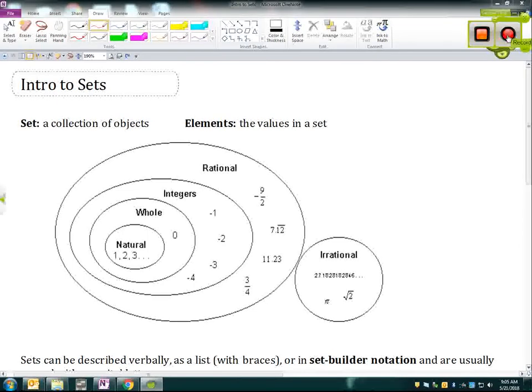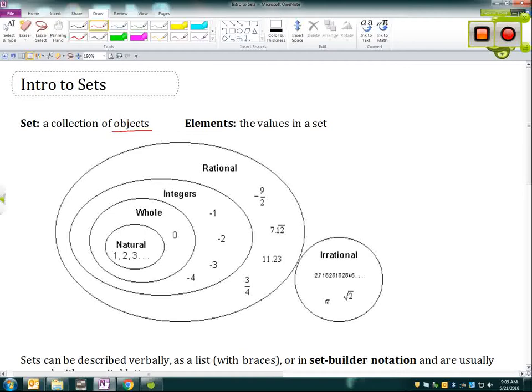This is a basic introduction to sets, and set theory is a big piece of mathematics. It has to do with how we organize groups of things, whether they're numbers or other things. A set is just a collection of objects. Like I said, those objects could be numbers, or they could be other things. They could be anything that you could list. We can then put them into a set, and then describe those sets.